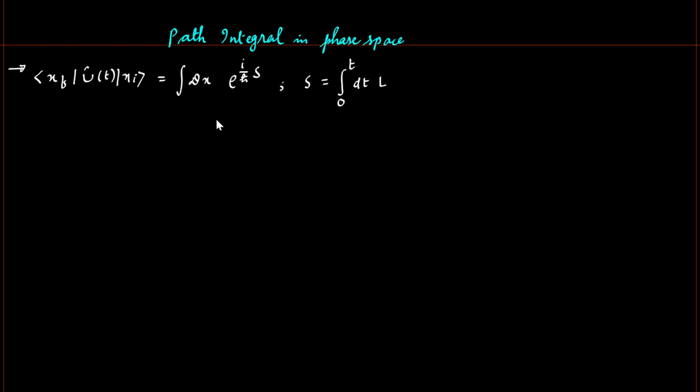Fine. And in this expression, the integral is over the position only. There is no momentum integral in this path integral expression. Now we want to see the expression of this path integral for a particular system in more generalized form, that is in our phase space. In phase space we have the momentum components as well as the position components. To do that, let me start with